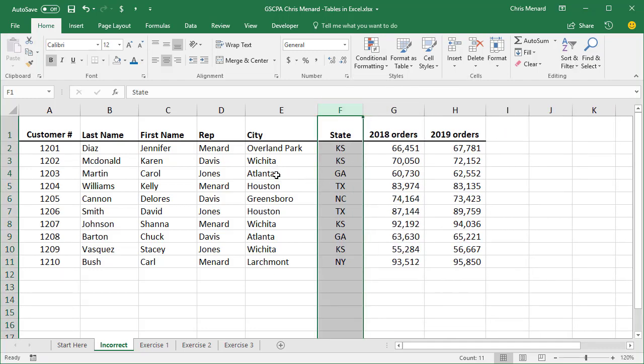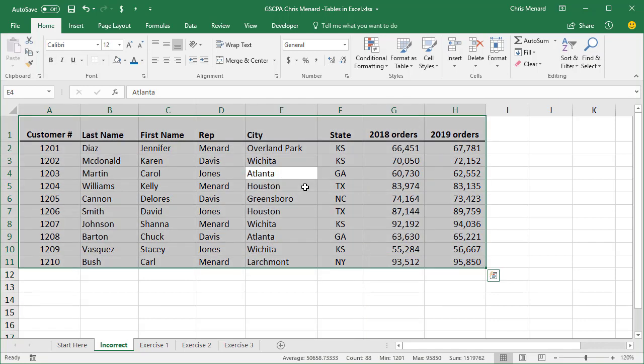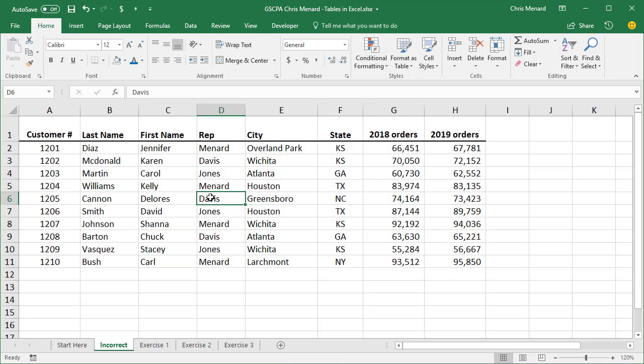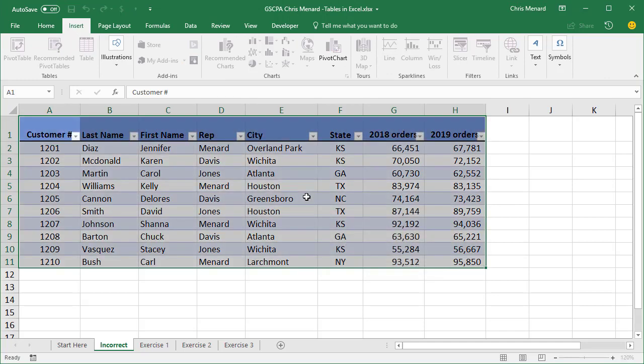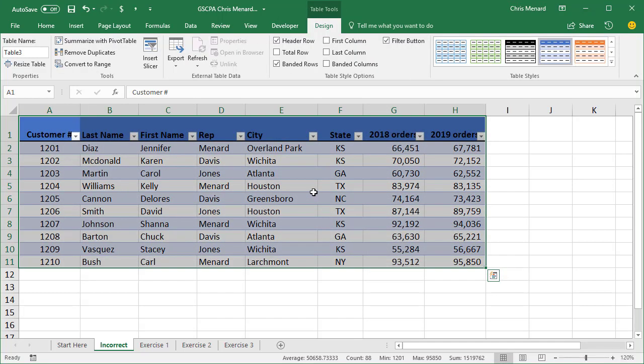Click anywhere in column E on any city. Control A, Control period a few times. Looks good. Let's go ahead and convert this to a table. Insert Table. Click OK. One thing that's nice about tables is the minute you make something a table, Table